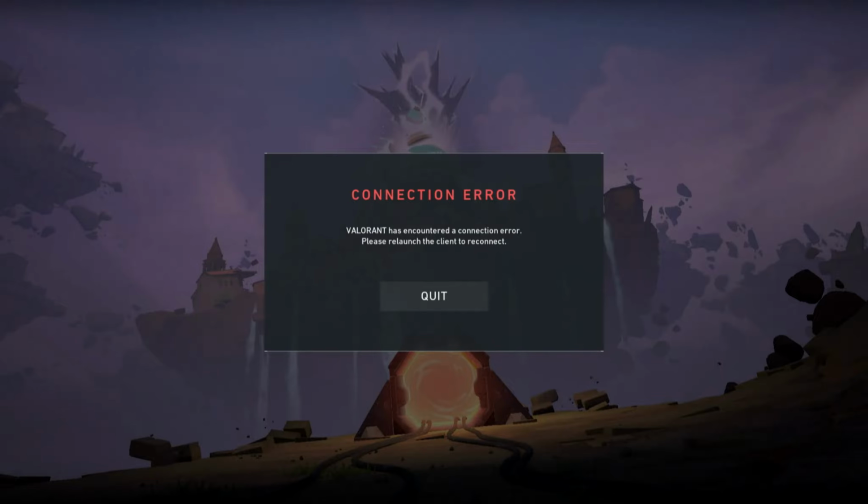Hello everyone, today I'm going to show you how to fix the Valorant Connection Error Code VAN 1067 on your